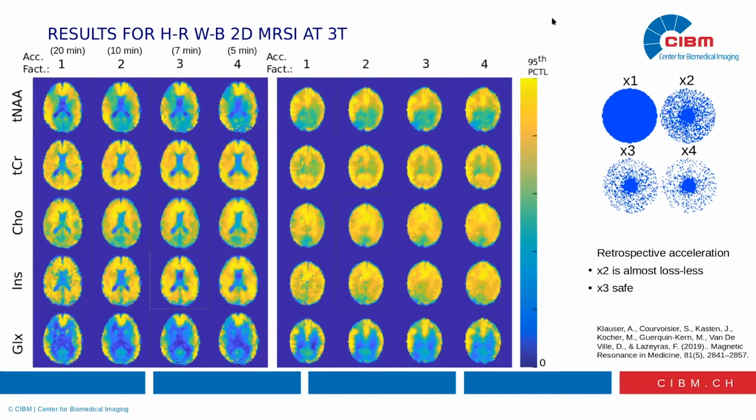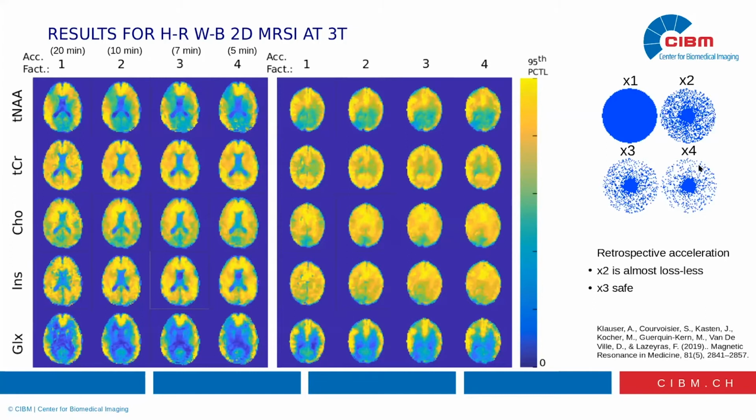It is impressive to see that the model reconstruction is able to cope with a factor of 2 in acceleration with almost no difference. There is a little difference, and this difference becomes more important the further we accelerate, but this is almost intuitive. We acquire fewer points in the periphery of the K-space, and this is where high spatial frequency information is located. So of course, if we don't have these points, the model cannot make miracles, and we